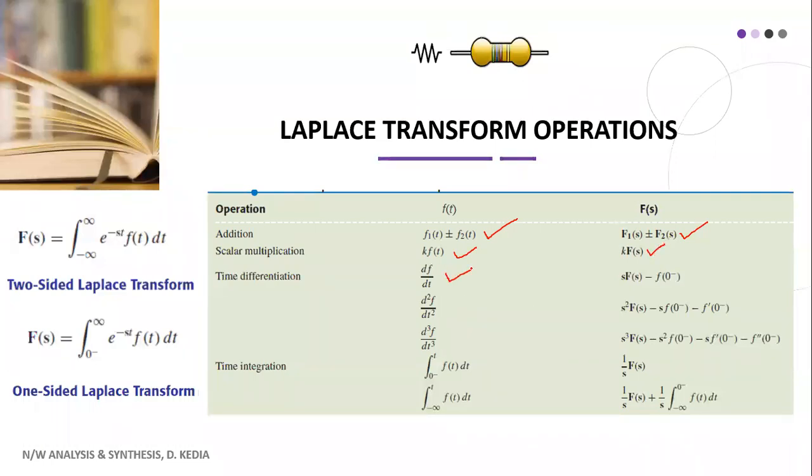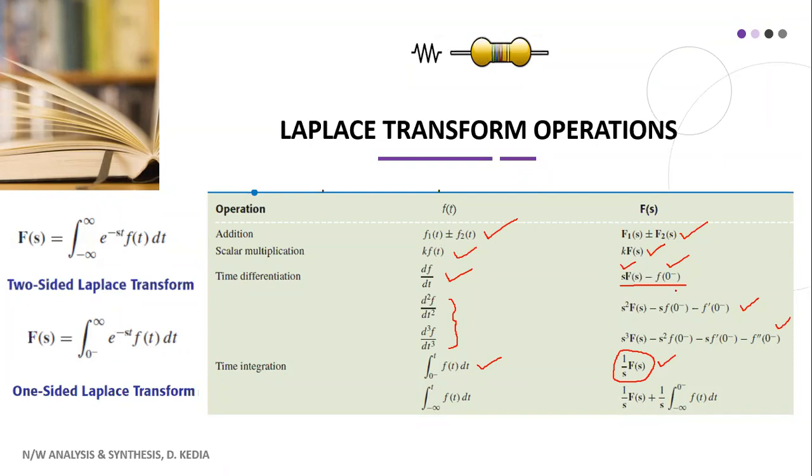If you have a time domain function differentiated, in that case your Laplace transform is sF(s) minus f(0), where f(0) is the initial condition of your time domain function. Similarly, if we generalize this time differentiation result, this is how it can be generalized, and we discussed this in the previous class also. If your time domain function is integrated, that is your integration property, in that case your Laplace transform is divided by s. So in case of differentiation you have s multiplied, and in case of integration you have s in the denominator.